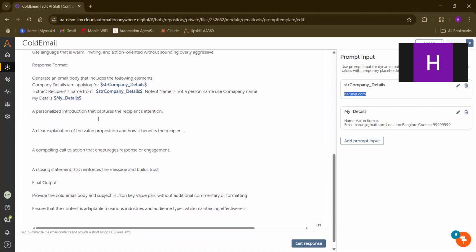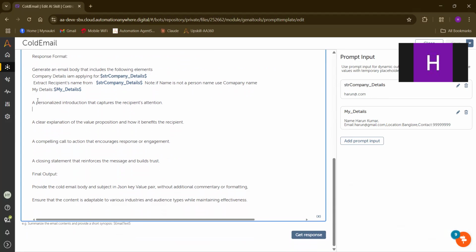Next, I'm writing my details. It has to read my details here. A personalized introduction that captures the recipient's automation. A clear explanation of how it benefits the recipient.